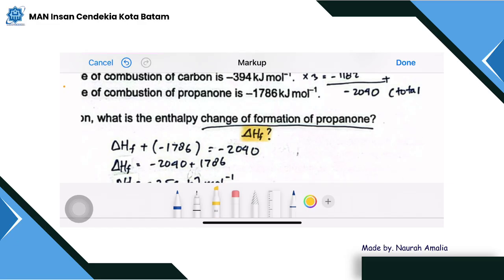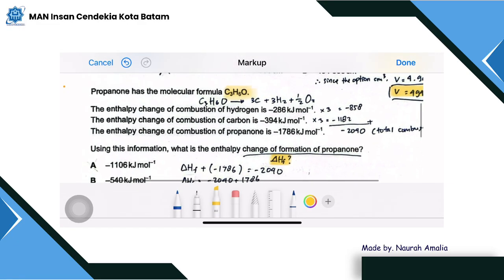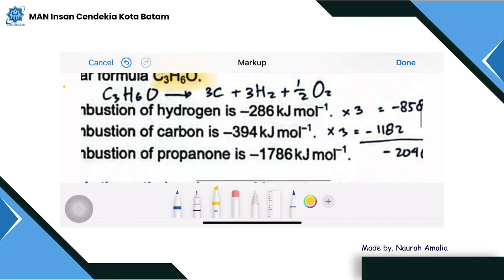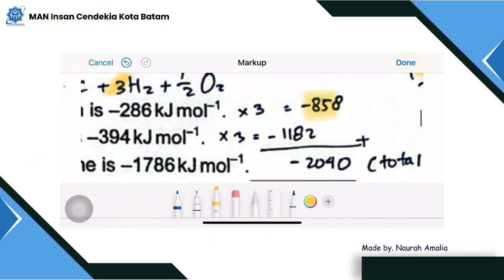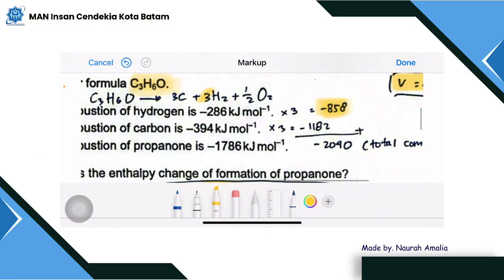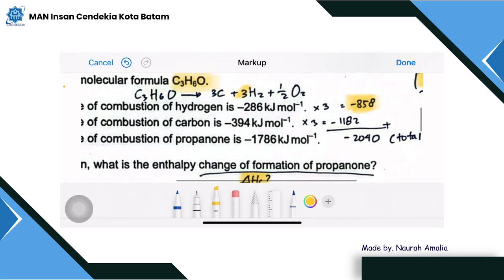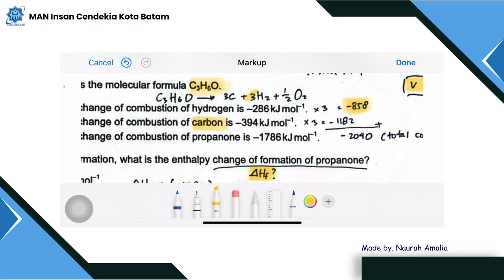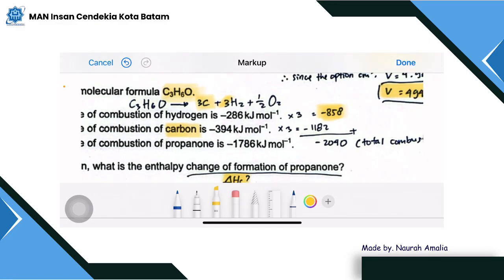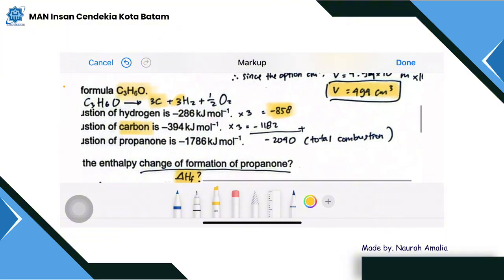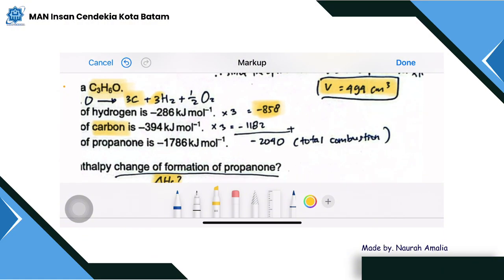Now this is because this is the enthalpy change of combustion for each element. So because hydrogen has 3, we need to times 3 equals minus 858, and then for combustion of carbon, we also have 3, so we need to times 3 equals minus 1182, and if we total the combustion, it is minus